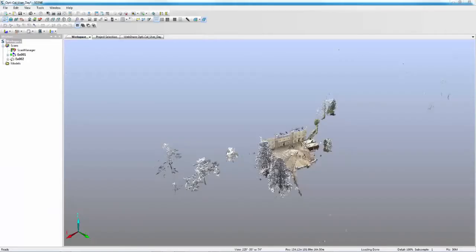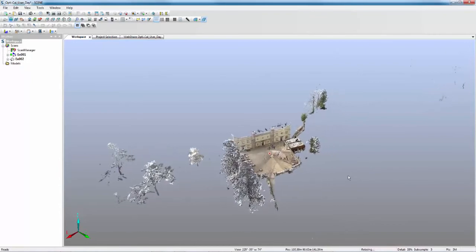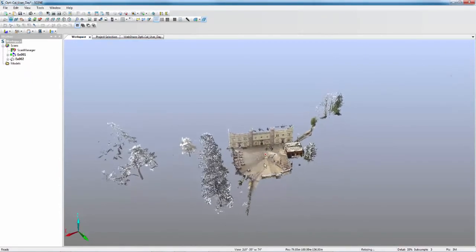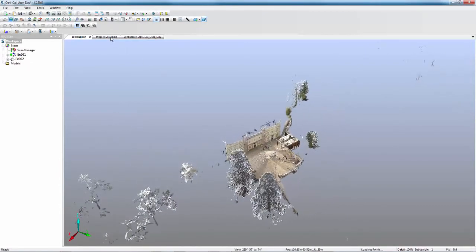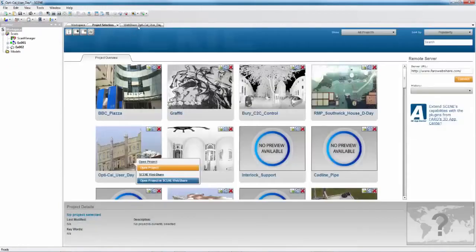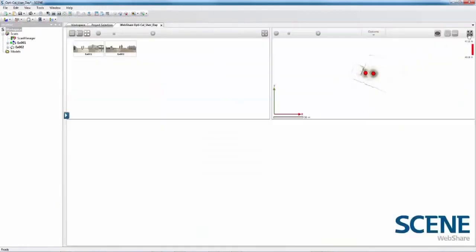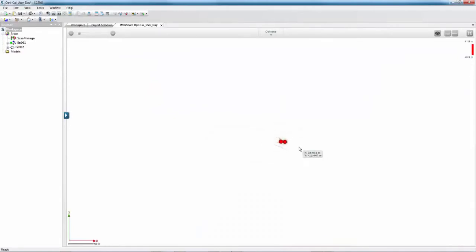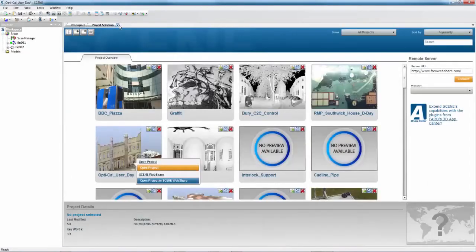So one of the things I mentioned earlier was the ability to use clipping boxes. These become quite advantageous when you're working with your overview map in the WebShare data. As you can see, I've jumped into another project and I've got some rather large trees around. If I go into my project selector and then look at the project itself, as you can see, there's 2 things I'm not really happy with. One is the ghosting of the trees, and 2 is the orientation of the building, so I need to rectify that. If I drop back into my project now,